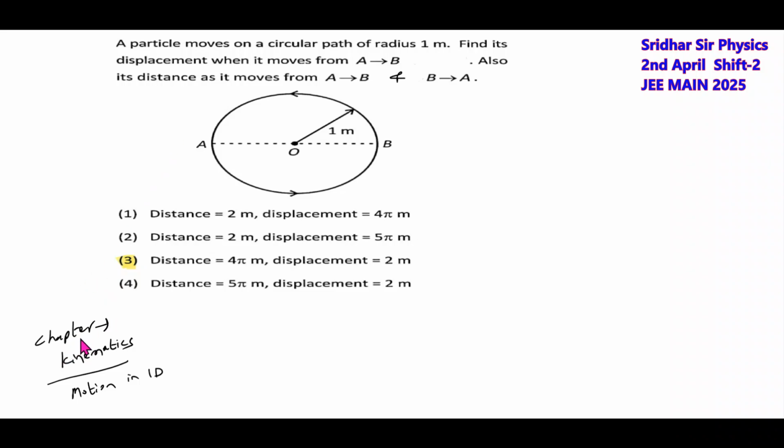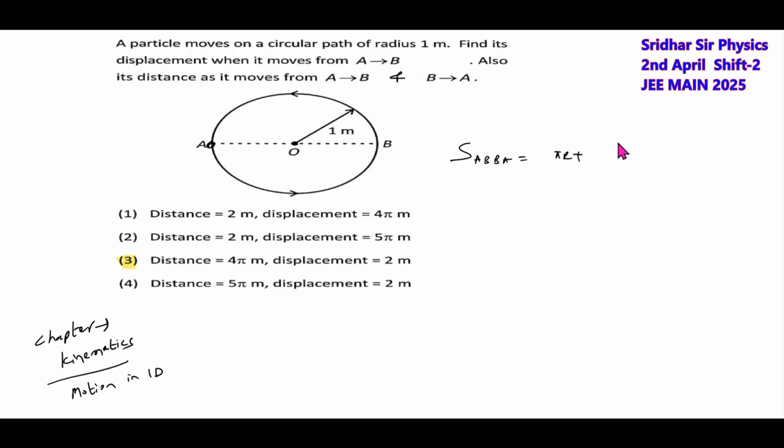We have a question from the kinematics chapter, and the topic is motion in one dimension. It is asking about distance and displacement. The particle starts at point A. It will move A to B, then B to A, then it moves from A to B. What is the displacement? Displacement will be only 2 meters. The shortest distance measured between initial and final points will be 2 meters. Then A to B, B to A. What is the total distance covered? The radius of the circular path is 1 meter. So the distance covered A to B, B to A will be 2 pi r,